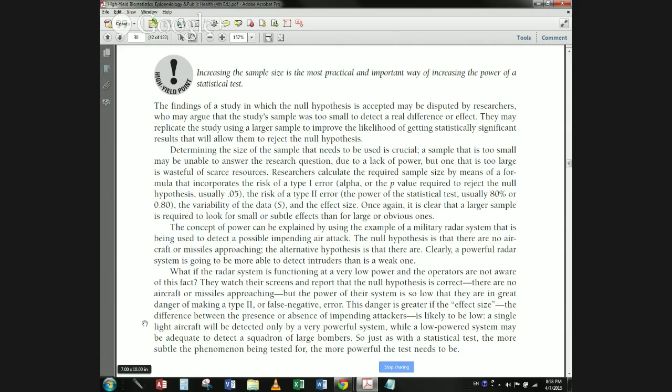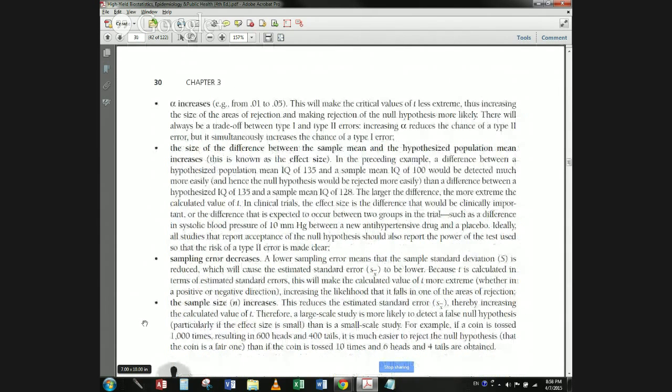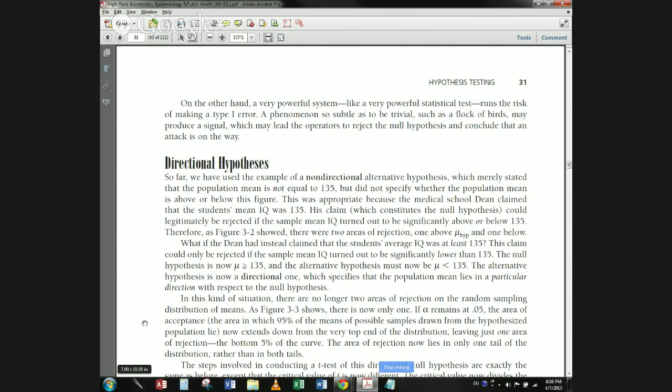So, just as with a statistical test, the more subtle the phenomena being tested for, the more powerful the test needs to be. On the other hand, a very powerful system, like a very powerful statistical test, runs the risk of making a type 1 error, a phenomenon so subtle as to be trivial, such as a flock of birds, may produce a signal, which may lead the operators to reject the null hypothesis and conclude that the null hypothesis is